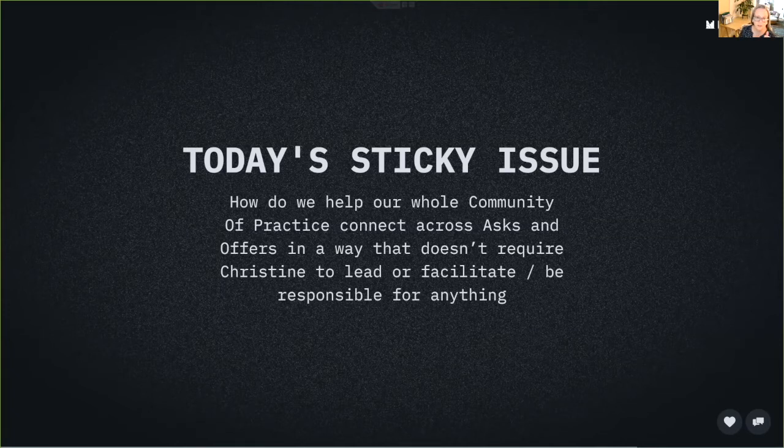So let's just remind ourselves of what we have. We have the sticky issue: how do we help our whole community practice connect across asks and offers? Let's also put up the difference matrix again and maybe give people a link to that one more time. Lisa, Kara, have you been giving them the link? Okay. And then I will go put it on the